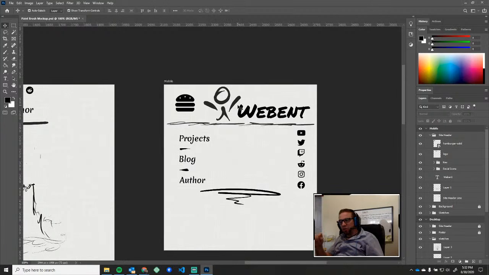And I might also do a bit of text shadowing and box shadowing so that it kind of looks like it rises above. I might even nudge it up to the top right and then add shadowing so that it kind of looks like the text comes up a little bit and then goes back down. This is just to give you a visual cue that it's linkable and that you're actually active. So anyways,